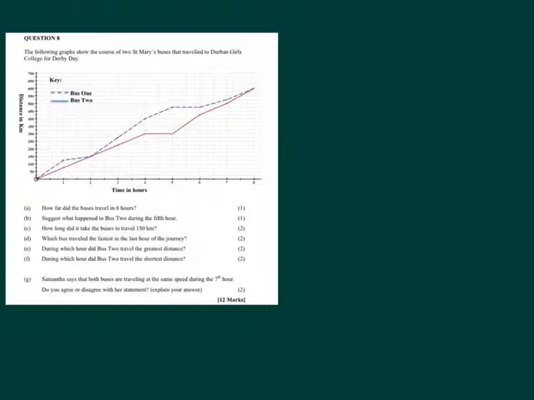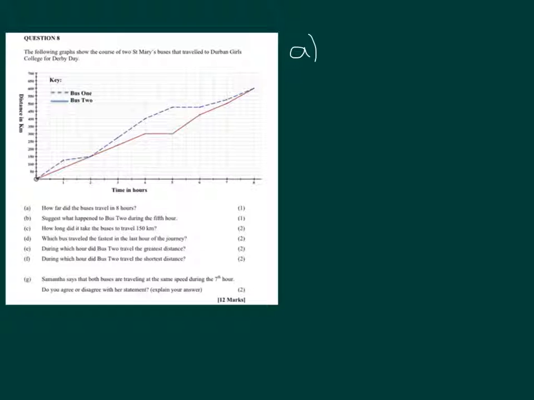It's always a good idea when you have one of these questions to check out what is on each of your axes. So we've got the time in hours on the x-axis, and we've got the distance in kilometers on the y-axis. That means we're going to be looking at time and distance in relation to each other. You can already anticipate that in this question. So in the first question, in question A,